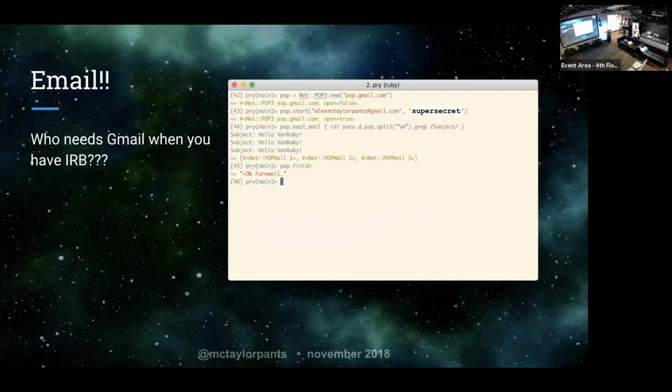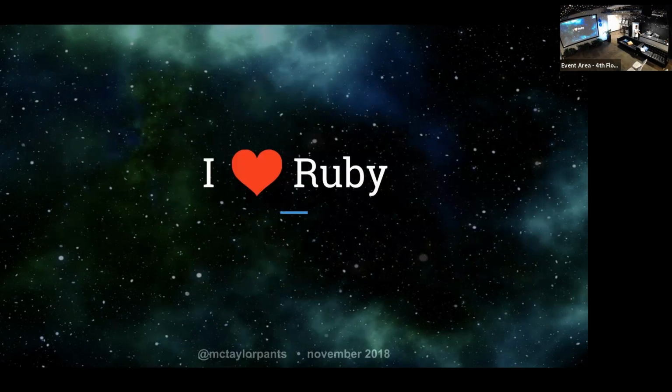And on that, each email is just a huge string with all the headers and the body and the subject all in there. So you have to do a bunch of string manipulation, but you can read your email within Ruby, which is pretty sweet. So yeah, I think this whole traversing of the standard library just made me love Ruby